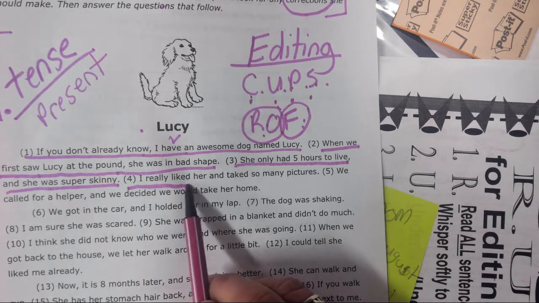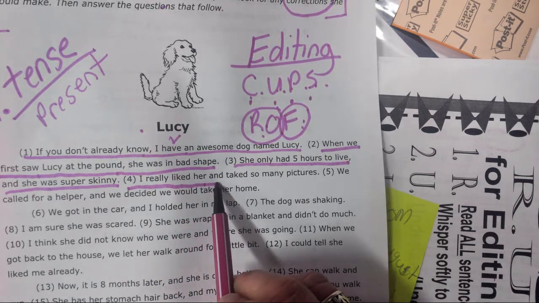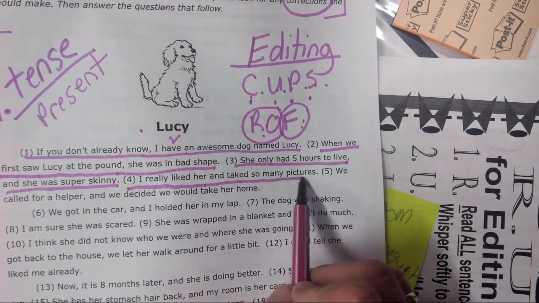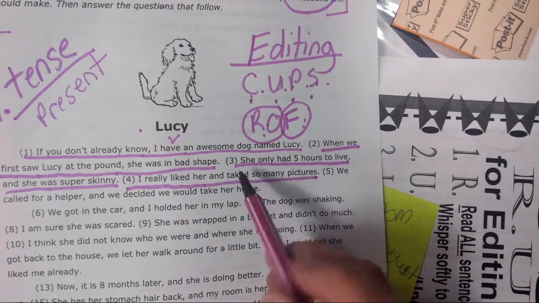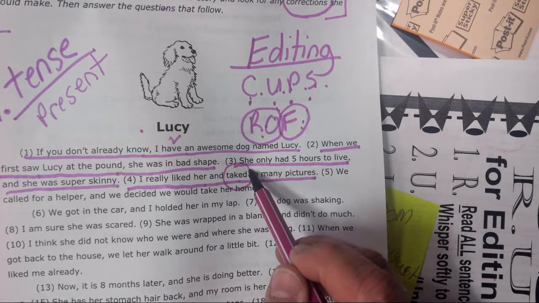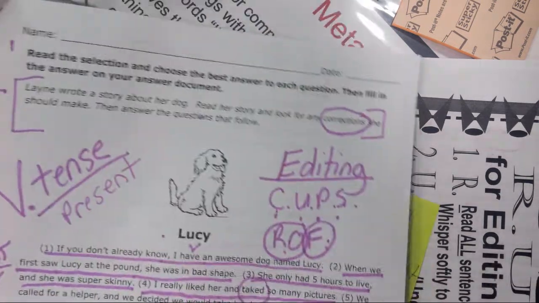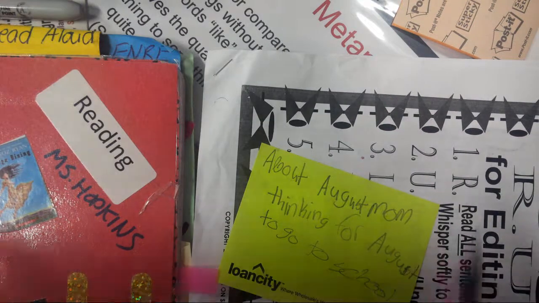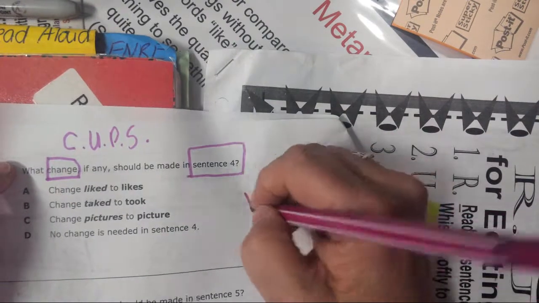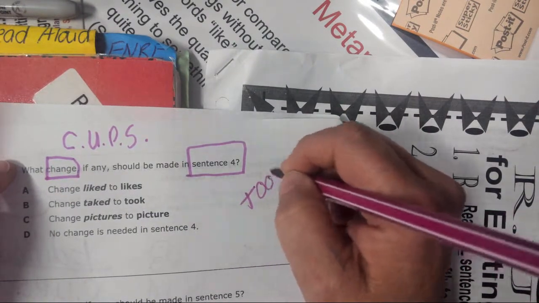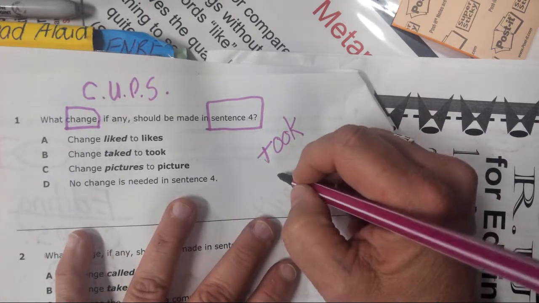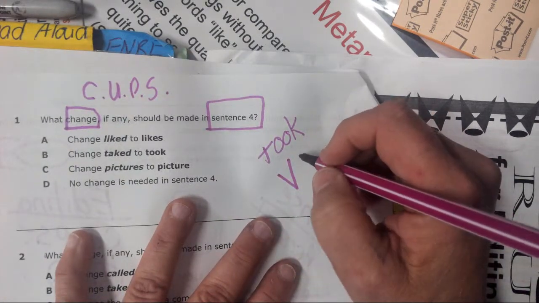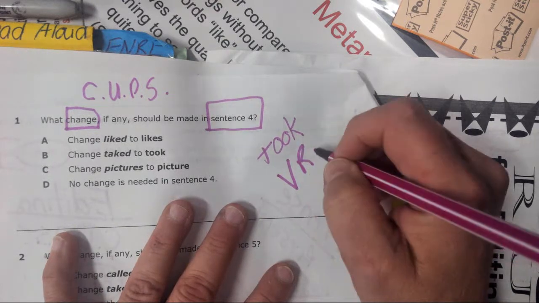I really liked her and taked so many pictures, period. Taked? Do we say take? We say took. So let's go back. Okay. So I'm not going to say take. I'm going to say took. And that is a verb tense, which is rule